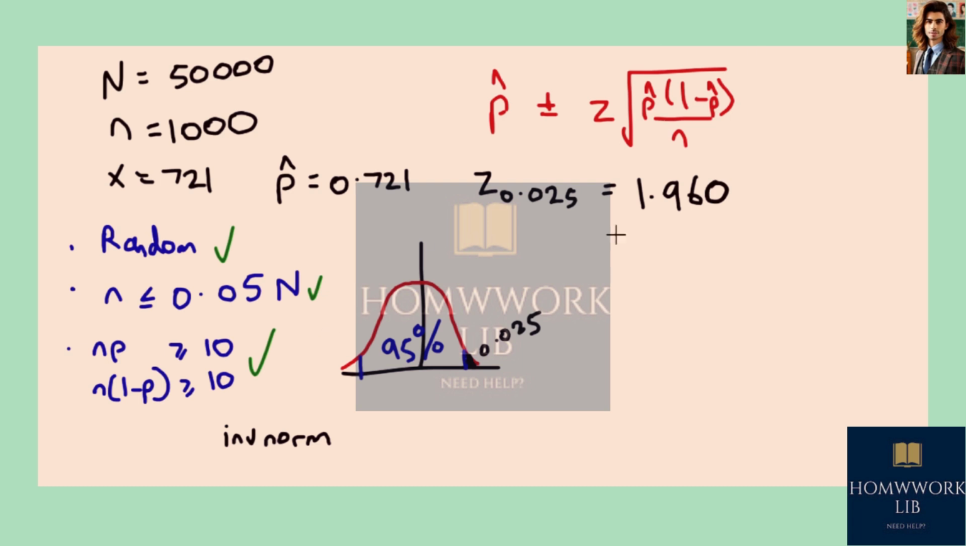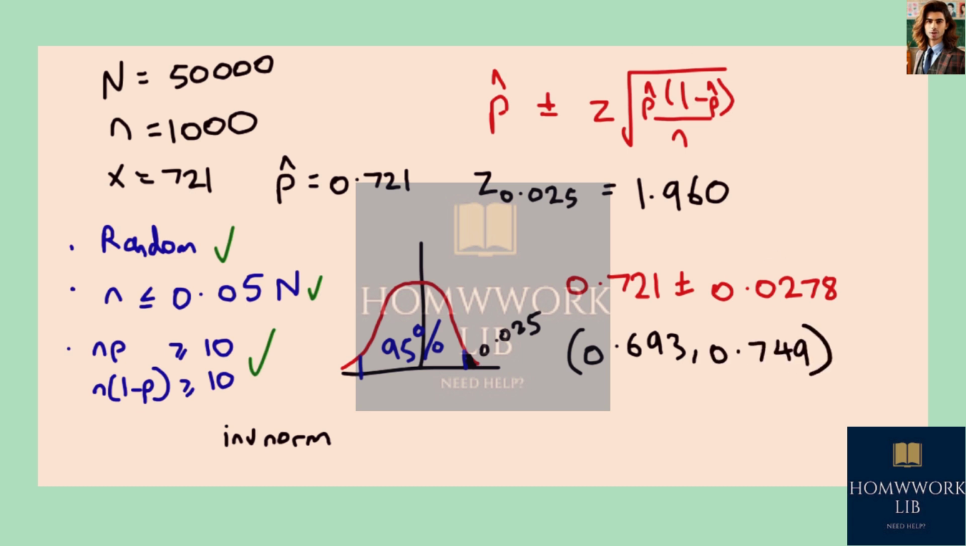Now let's use this formula. So 0.721 plus or minus the error, which I will get now: 0.721 multiplied by 0.279 divided by 1,000, square root that, multiply it by 1.96. The error is 0.0278. If I take that away from the point estimate, I get the lower bound of my interval. How many decimal places? It doesn't say. Okay, 0.693. If I add it on, I get the upper bound of my interval,